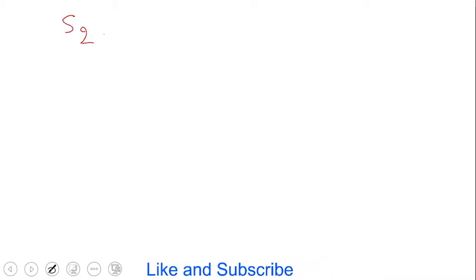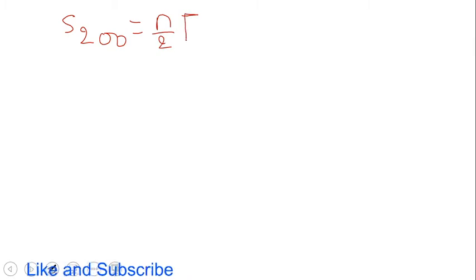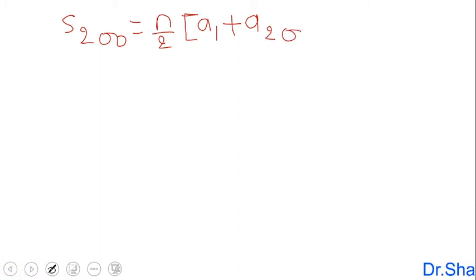Now we will find the sum of the first 200 terms here. So we will use the formula Sn = n divided by 2 times (a + L). So I write this as S200 = n by 2 (a + L). A is the first term A1 and An is the last term, the 200th.